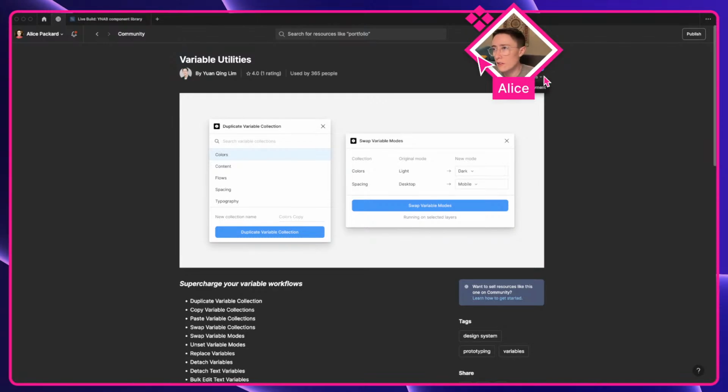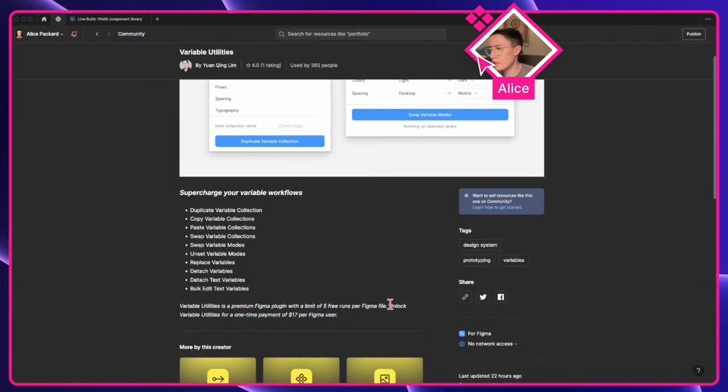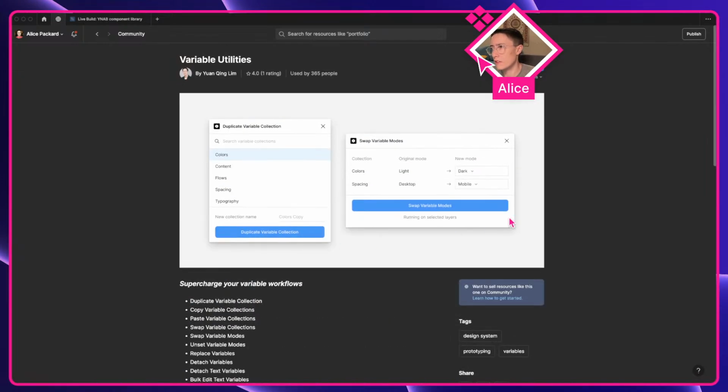So there is something to note here. If you're interested in this app, there is a one-time purchase associated with this, but I do believe you get to run it a couple times, 5 times for free. And then after that, it's paid. And I'm really glad to see that Yuan decided to keep this as a one-time payment thing and not a subscription. I think this is a very reasonable price considering the utilities here. So, this is not sponsored, but I'm just so happy to see that this is in the community, and so quickly too. I think a lot of folks like me had been asking for this,